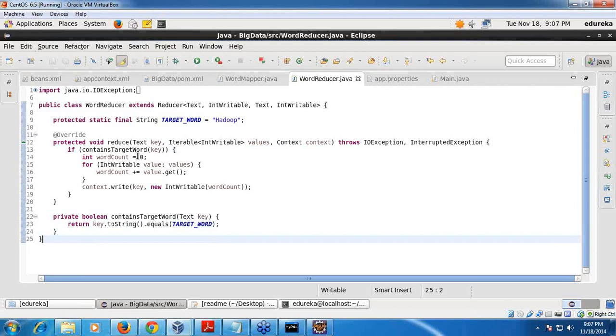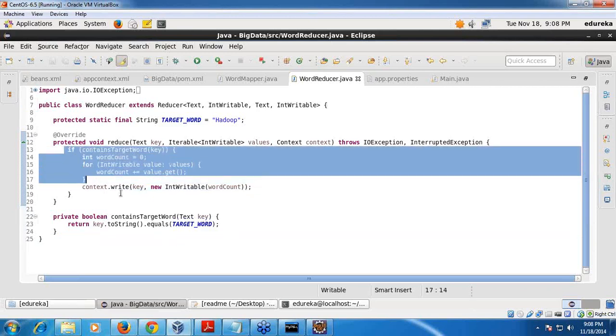If it is equal, I am sending true. If it is true, I am counting it and finally writing the output here. Otherwise, I am not counting.